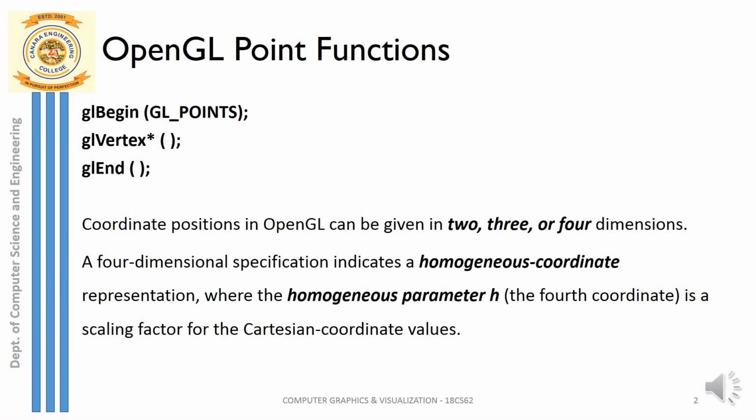Let's see about the OpenGL point function. It is basically about how to display a single point. As we have already seen the basic OpenGL program, this is something like if I have to draw a 2D point,